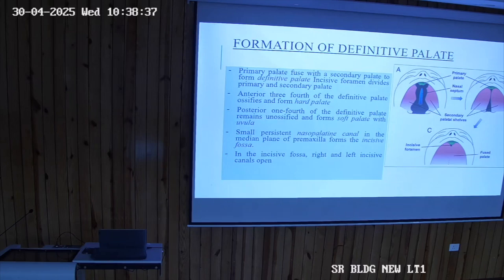What is it now? Anyone? Vagus. It is supplied by the vagus. And except tensor veli palatini. Tensor veli palatini is basically formed by the first arch, so it is supplied by